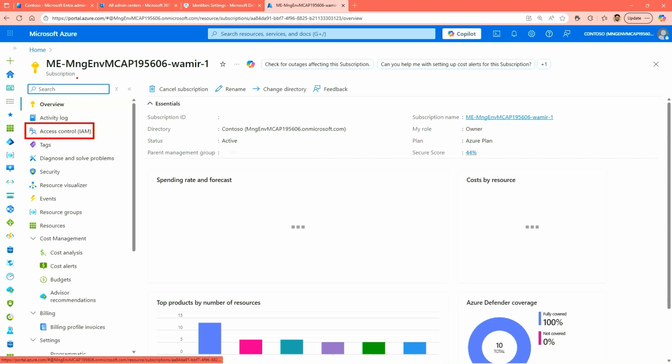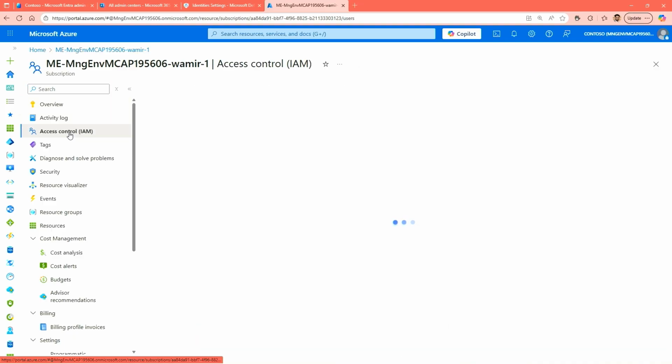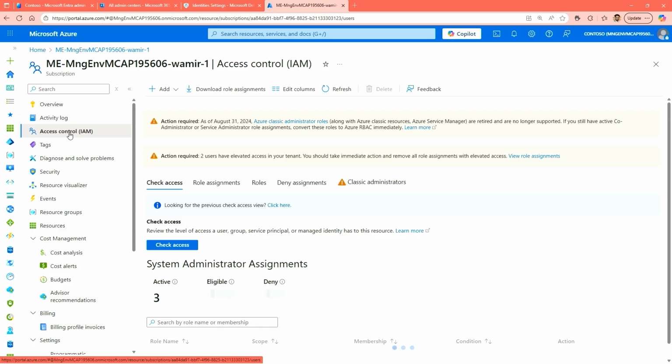Again, like I said, you have different scopes available. You can go into management groups, resources, or resource groups and find IAM at all these levels of scope, and you can go into assigning permissions. For now, we'll stay in the subscriptions.